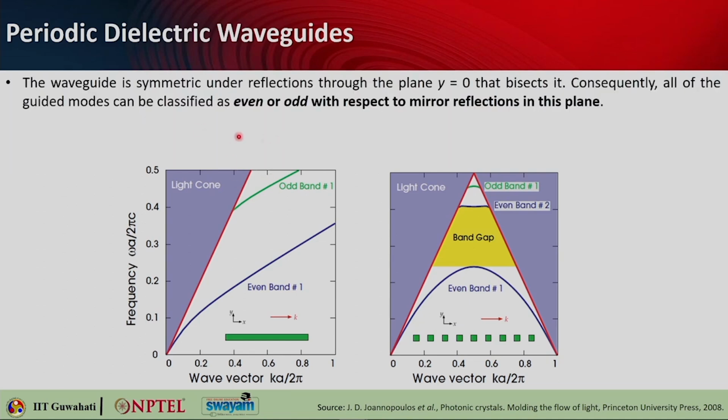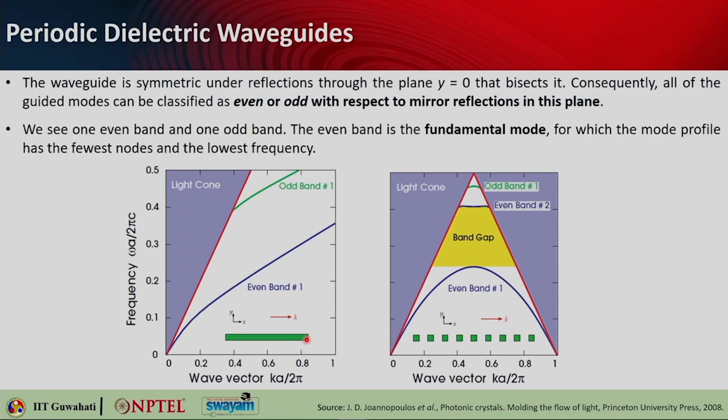The waveguide is symmetric under reflection, because if you put a plane at the middle, you will see top and bottom are equal. So you can say that the waveguide is symmetric upon reflection. Consequently, all the guided modes can be classified as either even or odd depending on the mirror reflection in this particular plane. One can see that in this case we have only one even band and one odd band, and the even band has the lower frequency, so it is the fundamental mode. It has the fewest nodes, that is why it is fundamental,